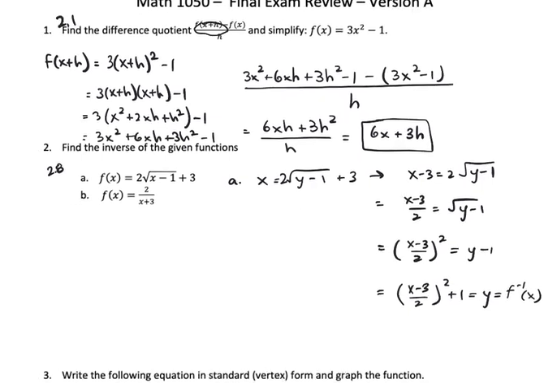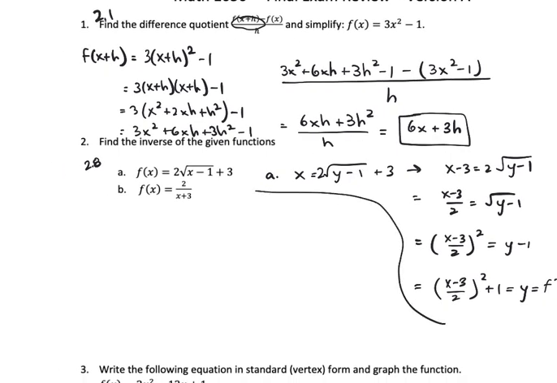Now for part B, we're going to switch the place of x and y. And we have talked a lot in class about we don't want to solve equations involving fractions. So if we multiply both sides by the denominator, so if we multiply by y plus 3, multiply that side by y plus 3, what we would have,